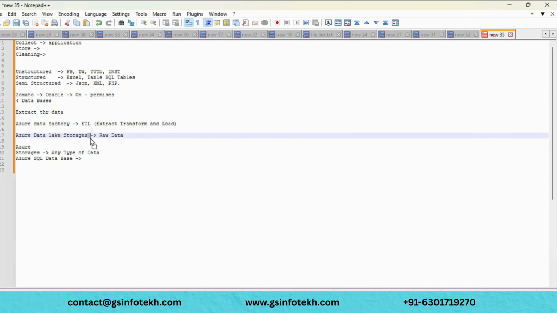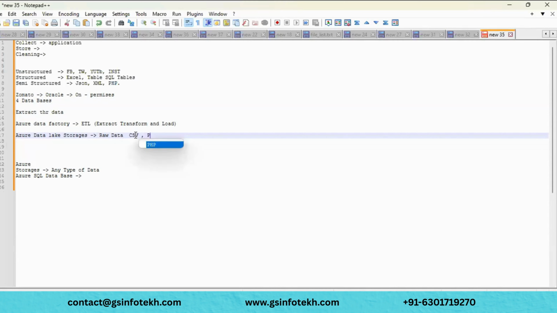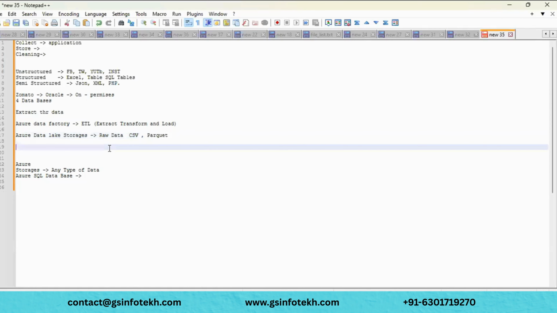And from now onwards we will use the data which we have stored in this data lake. After storing this data, you can store it in a format like CSV or something like Parquet. If we store it in Parquet format, it gives cost optimization and more reliability, and whenever you perform the transformation you get a quick response. It's columnar storage. CSV is comma separated values, and Parquet looks something different.